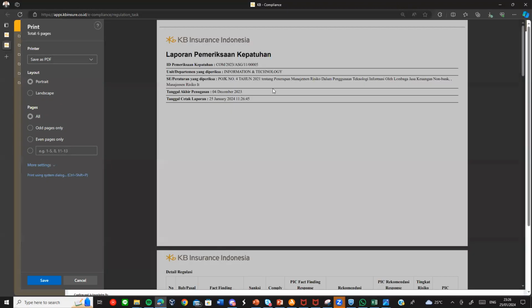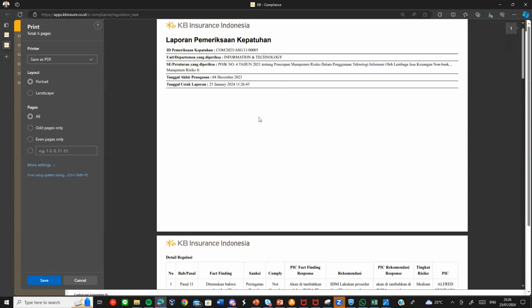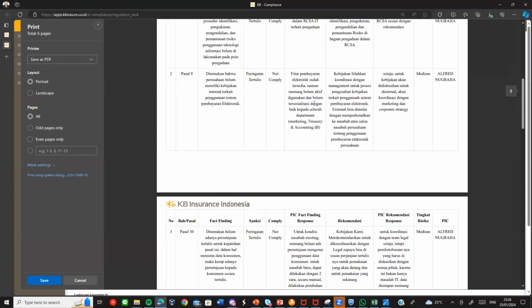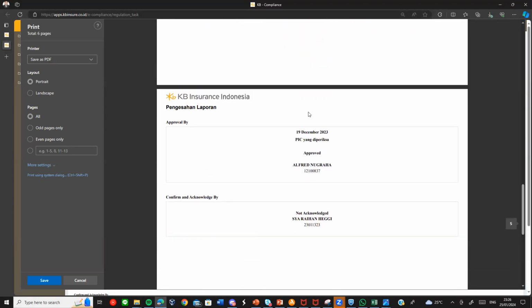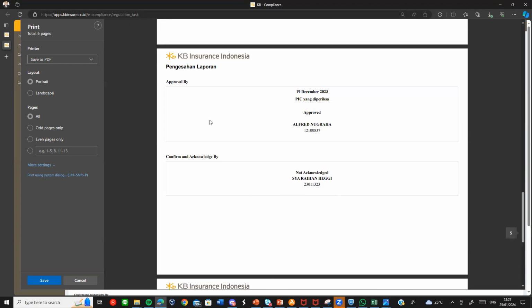The document of the checking report can be accessed, based on the format we have in KB Insurance. And in the approval section, there will be the approval by the PIC and the confirmation and acknowledgement from the additional PIC.